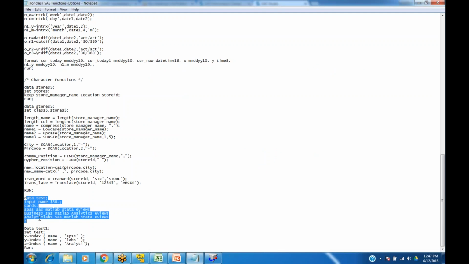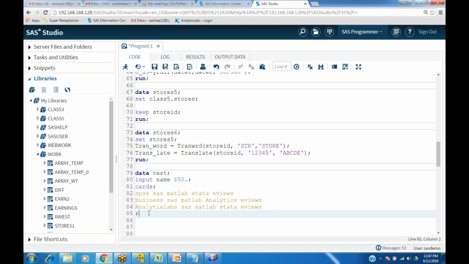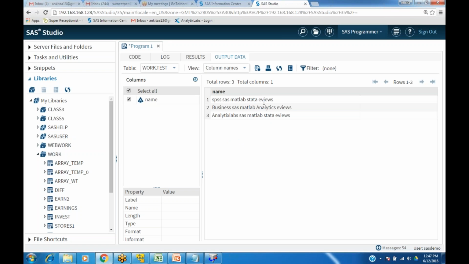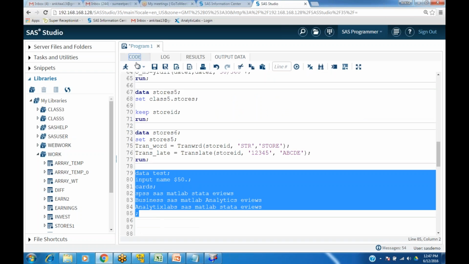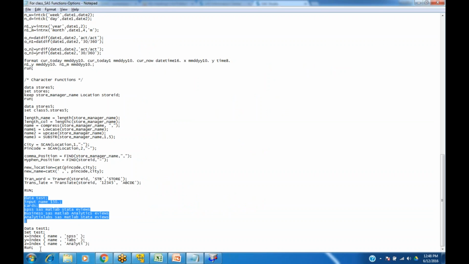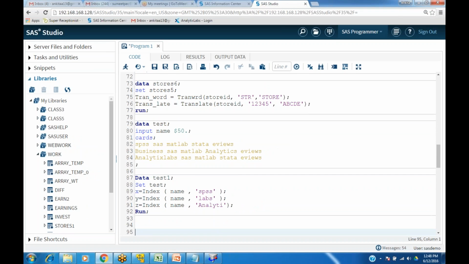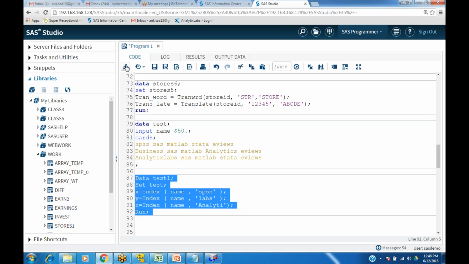Okay, last one for today. Let's say I have this data set called test, which has only these 3 rows, one variable. I have a function in SAS called index, which sort of works like the find function only. What am I doing? I am saying find SPSS in each of my rows, find the position of labs, find the position of analytic. So if I run this